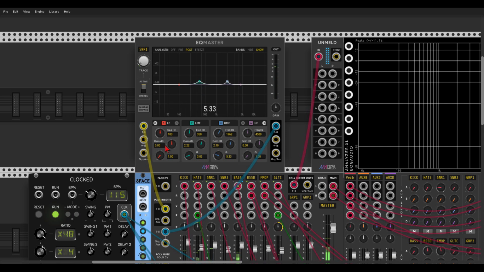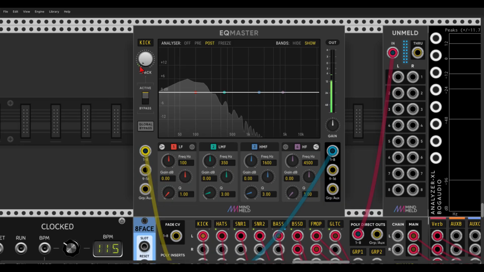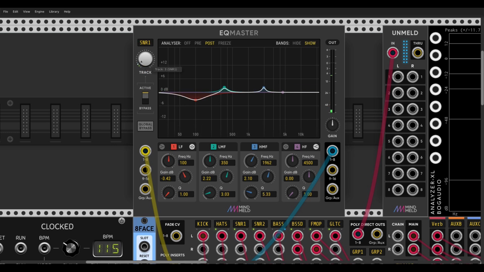And again, let's take the low frequencies a bit down. I can choose a high pass or low cut, or I can change this to a bell. And if you can see on the kick, if I freeze the EQ, you can see that the kick is peaking at around 100 Hertz. So if I go to the snare, and here also you can see which channels have the EQ active, let me just zoom in a bit. So this is the snare. So at around 100 I will take it down a bit, maybe like 3 dB,